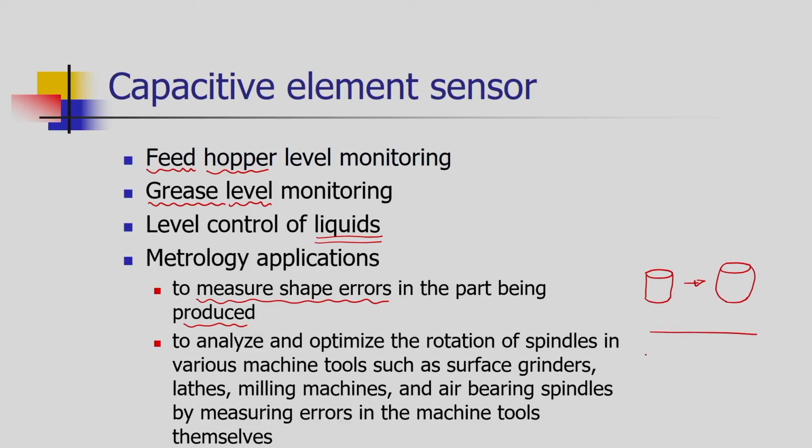Let us consider if these kinds of components are moving over the conveyor continuously, and the capacitive element sensors are mounted over here. When these elements are moving, there is a constant or known gap. When there is an abnormality, non-uniformity or error in the shape, this known gap will change, and that will trigger a signal inside this capacitive element sensor. So, that will be useful for us to monitor the product shapes during the manufacturing operation.